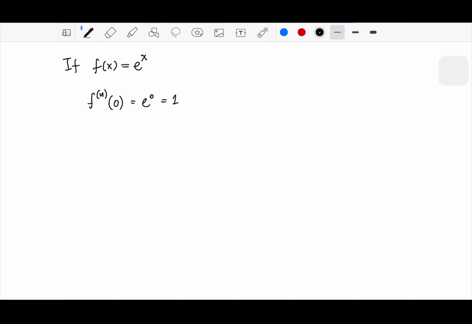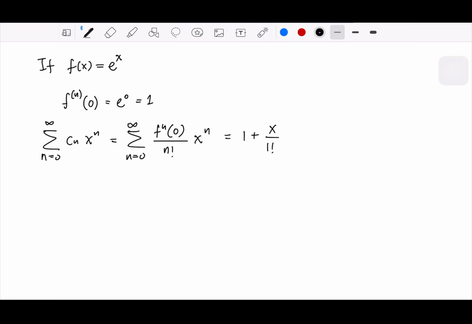So if we relate to our c_n x to the power of n, if we exchange this, then this will be 1 plus x over 1 factorial plus x squared over 2 factorial plus x cubed over 3 factorial plus dot, dot, dot. So e to the x